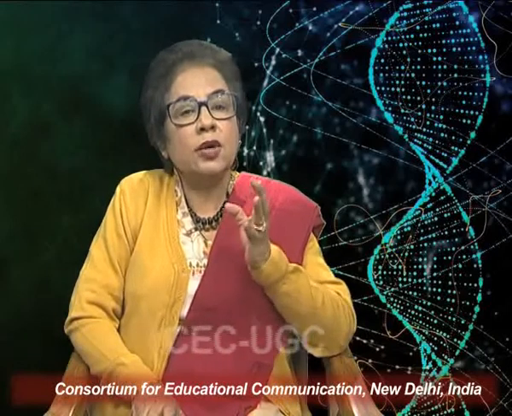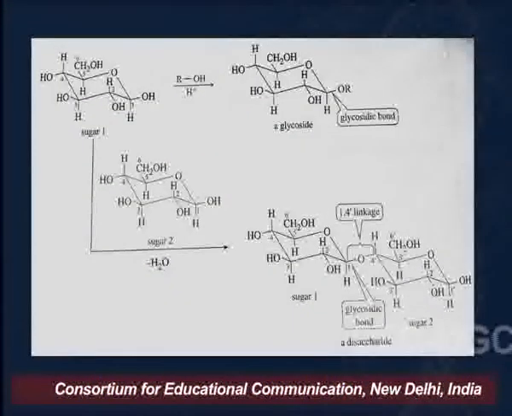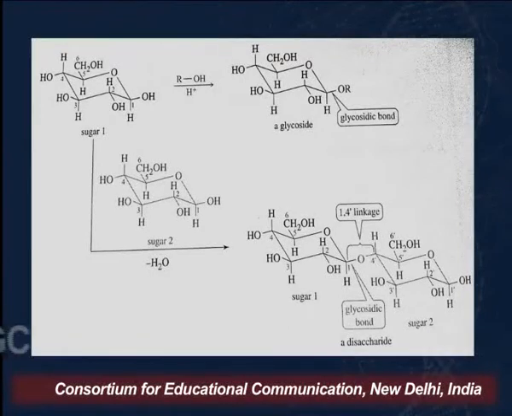So here you can see on your screens, we've taken a molecule of monosaccharide in the cyclic, hemiacetal form, and this is the anomeric carbon. What I've tried to show you here is a simple reaction between a hemiacetal and an alcohol group. When a reaction takes place between the hemiacetal carbon, or the anomeric carbon, and the alcohol, we get an acetal linkage by reaction between the OH group here and the OH group here.